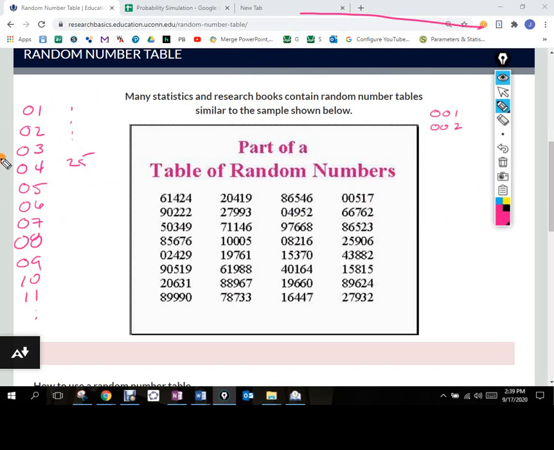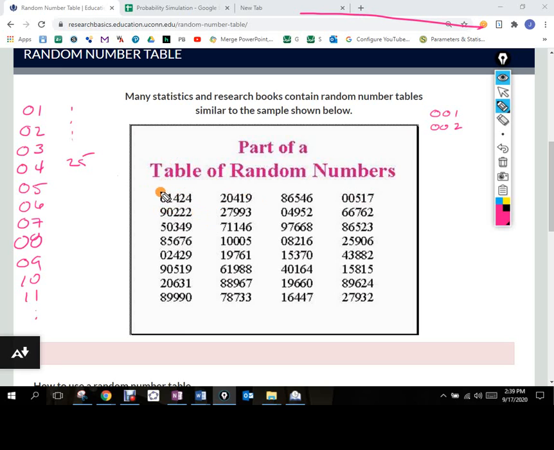The next thing you're going to do is look at your table. You read your table left to right, going all the way through the first row, even though there's gaps and all that kind of stuff. Once you get to the end of it, you jump down to the second row and keep going.